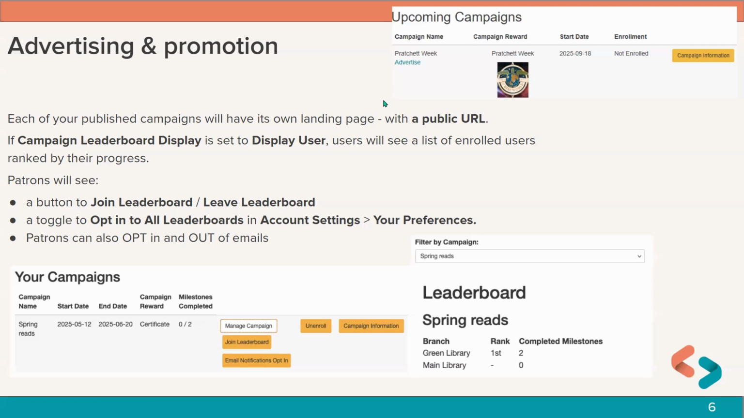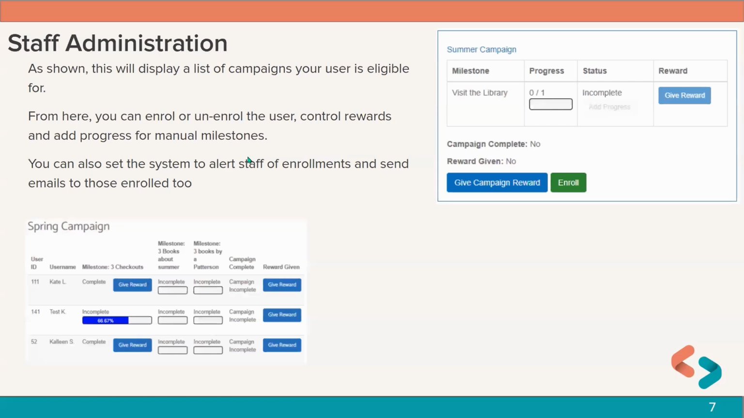So let's have a look at staff admin. The admin view, as an admin user with appropriate permissions, allows you to see the campaign's overview and give awards to your patrons. You basically can click on the campaign that the user is enrolled in and see a list